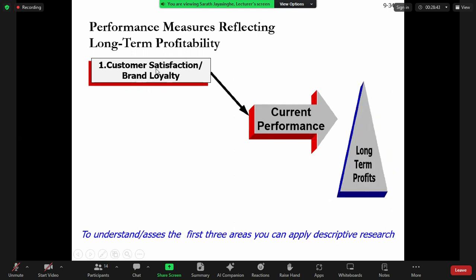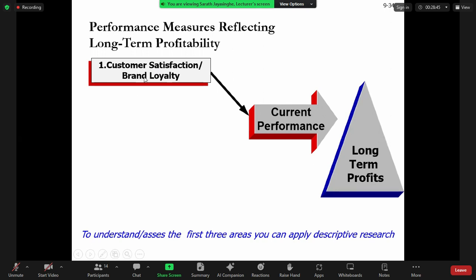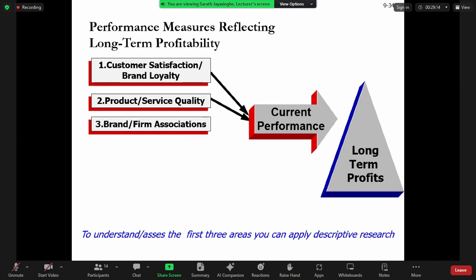That is one. In marketing, we are trying to satisfy the customers and develop brand loyalty, right? Then current customers are there and long-term profits are there, right? So we have to satisfy this current performance and then we can think about future more profits, right? And not only customer satisfaction and brand loyalty, we can think about improving product service quality, and then brand